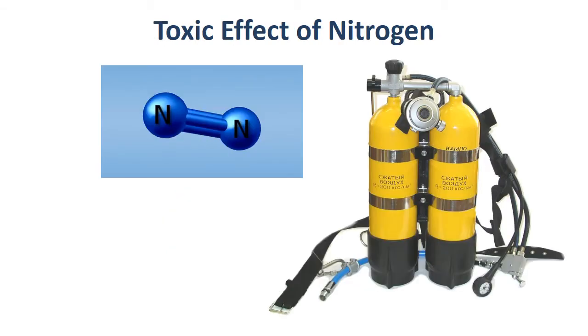Toxic effect of nitrogen. At high pressure, body tissues are saturated with nitrogen. Nitrogen narcosis, which is nitrogen intoxication or depth disease, is a narcotic effect of nitrogen on the central nervous system, with depression of the higher functions of the brain, that occurs at depths more than 30 meters, in case of